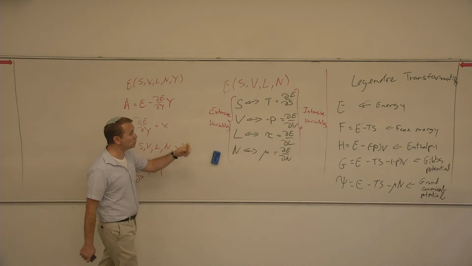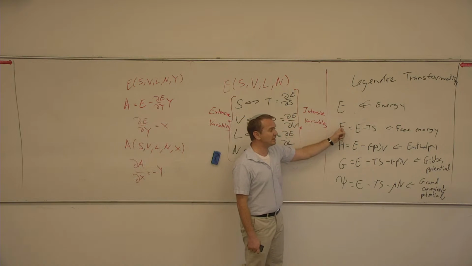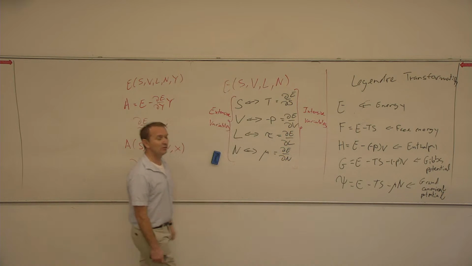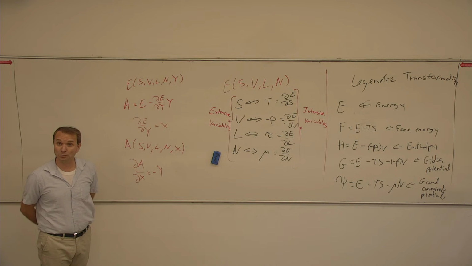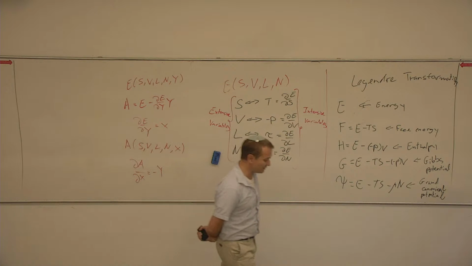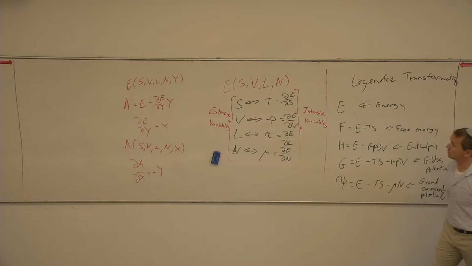I told you that all of those transformations of the energy, and you can show it exactly as I showed it for the energy, are also going to be at minimum at equilibrium. For energy, you keep constant entropy, and then with respect to the other variables, the energy is going to be at minimum. But when you make a transformation from the energy to the free energy,